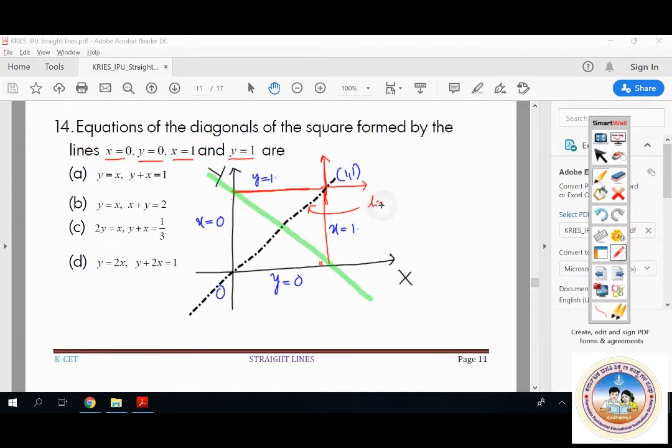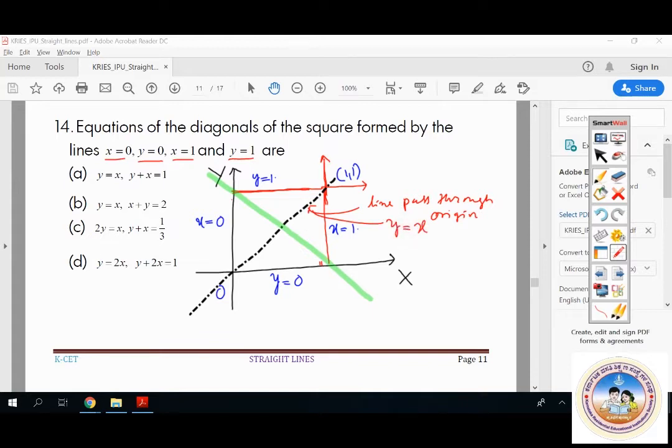So line passing through the origin. If the line passes through the origin, it is going to be y is equal to mx. Y equal to mx ಆಯ್ತು ಅಂತಂದ್ರೆ, so y equal to 2x, x equal to 2y, y equal to x, x equal to y ಇದೆ. So you can observe here, y is 1, x is equal to 1. So therefore the equation of this line is going to be y is equal to x ಆಗುತ್ತೆ.